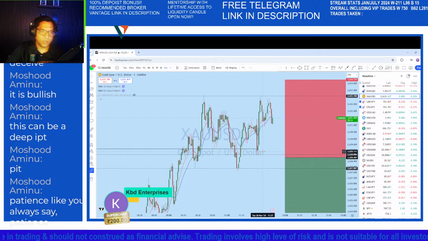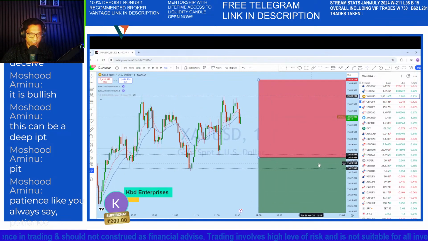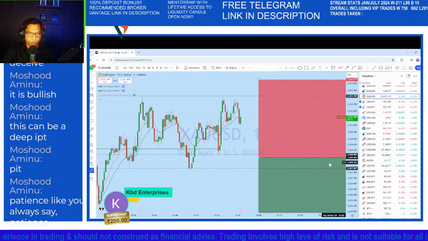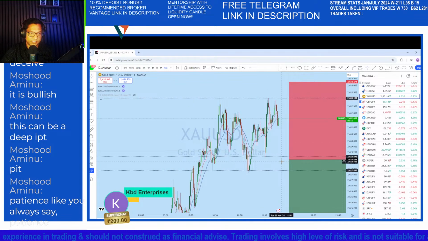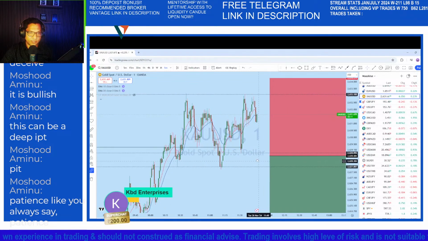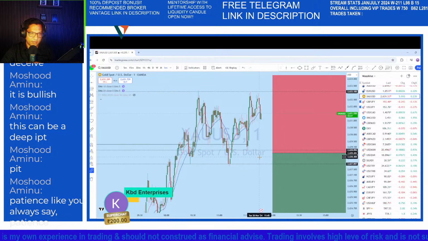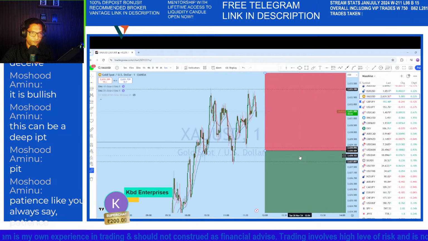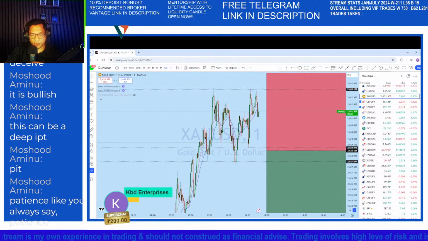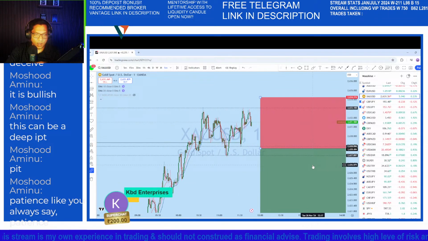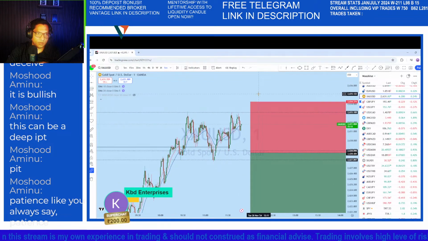Okay guys, just letting you know how I will be managing. If you look at the 2628.89 level, this is a support, and this is where we will be exiting our sell, and after that, if we find a bullish entry, I will let you know if we enter after the price action confirmation. At the moment,